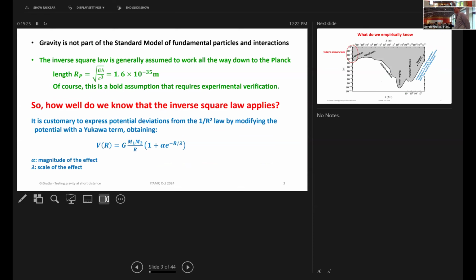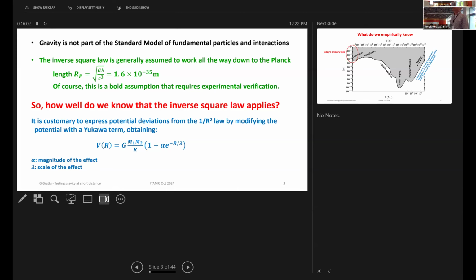All right, so first of all, this is the motivational thing. Gravity doesn't fit well with the standard model of particle physics. But maybe the best way to say this is that we generally assume nonchalantly that the inverse square law applies all the way down to the Planck scale, which is this mind-boggling number here. And of course, this is a little bit ambitious, to expect that nothing strange happens in that regime. So generally, if you ask how well do we know the inverse square law empirically,